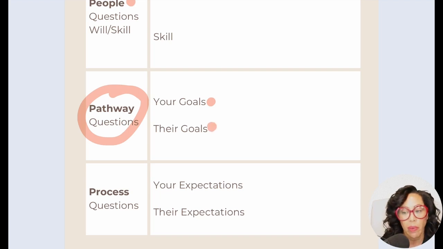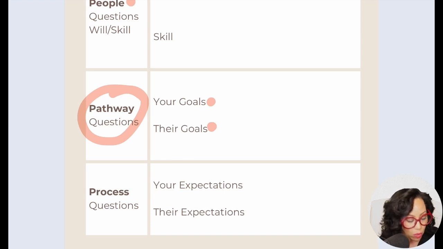And then you also want to talk about their goals. This is really important because you need to figure out where they are headed. What are their goals, and whether or not working in your school makes sense for where they want to go. I see this a lot, especially when you're interviewing APs: there are some people who want to be APs for life. There are some people who are just trying out administration, not sure if they're going to like it. There are some people who want to be APs because they're on a pathway, they're aspiring principals. There are some people who are interviewing for your job because they hate where they work now. And I want to get to that, right?